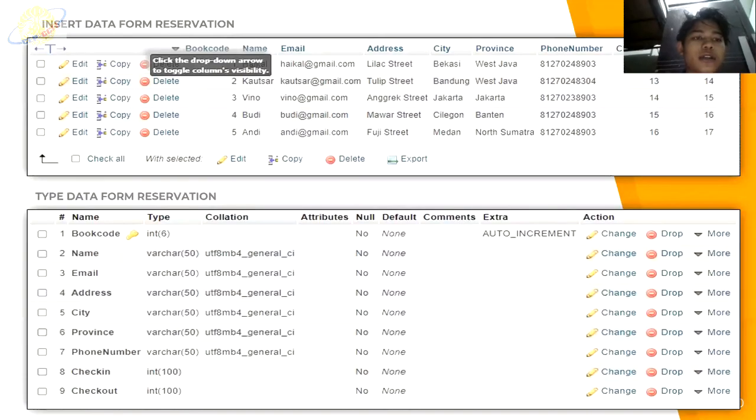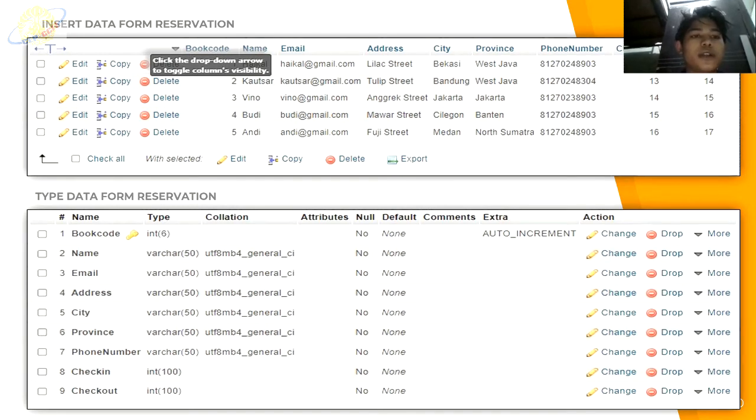Next, this is the data type for the reservation form. First, book code is the primary key, data type integer, 6 digits. Name is varchar, email is varchar, address is varchar 50, city is varchar 50, province is varchar 50, phone number is varchar 50, and last, check-in and check-out are data type integer.